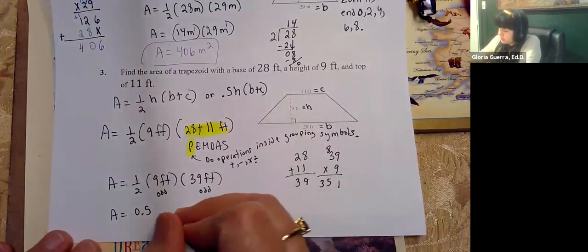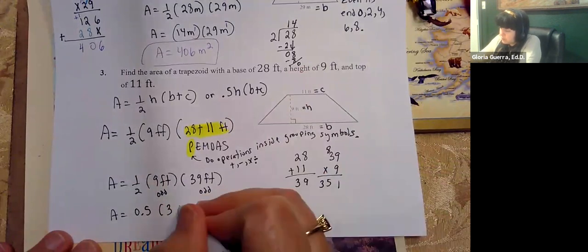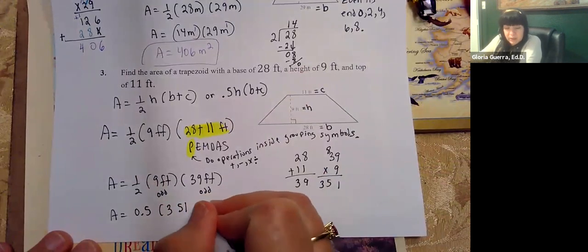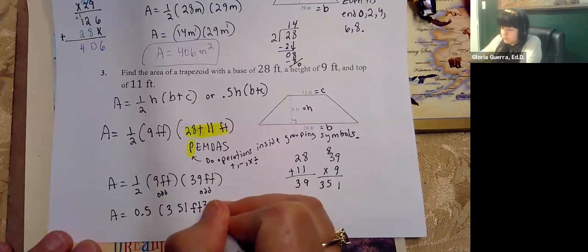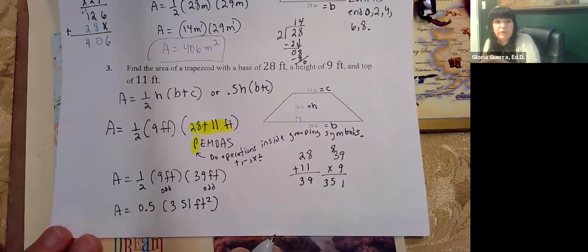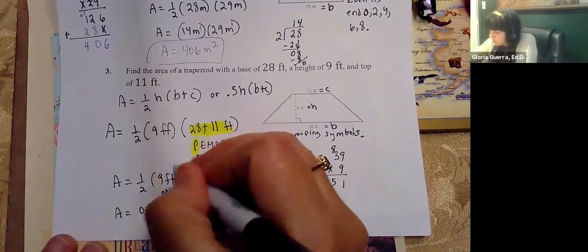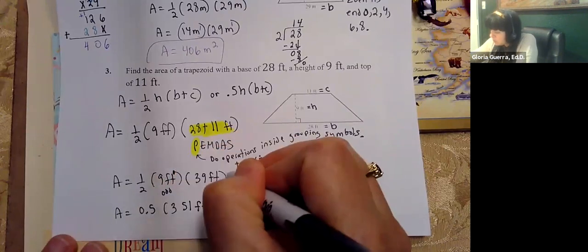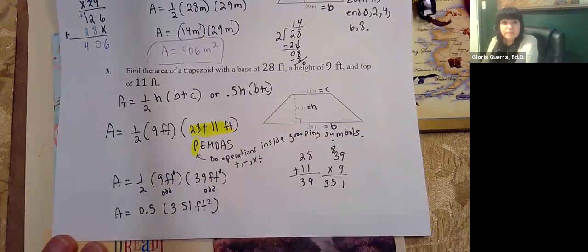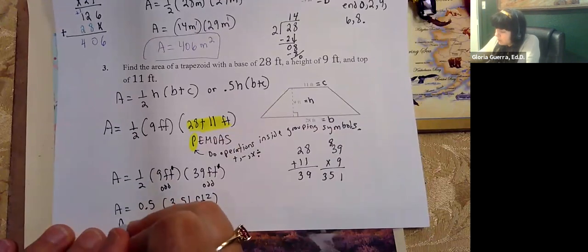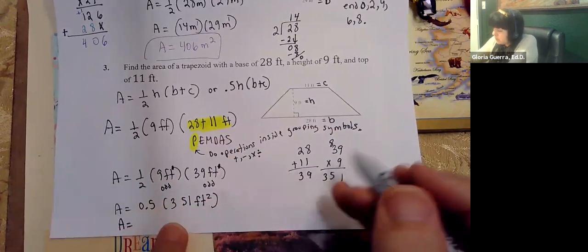Okay, so it looks like this is 0.5 times 351, and then this is going to be feet squared. Because remember, feet times feet. Remember, you have permission to add these little exponents when you're multiplying them. Okay, and then now we're going to multiply